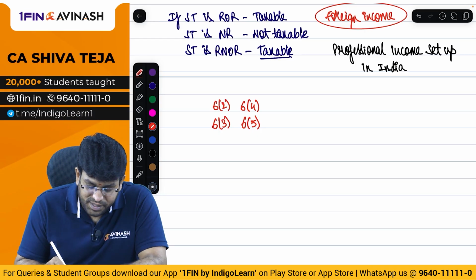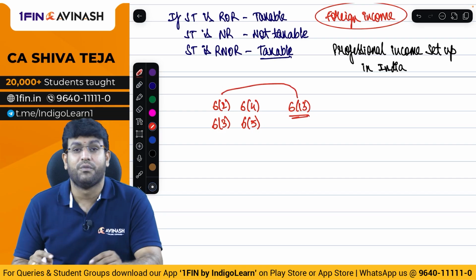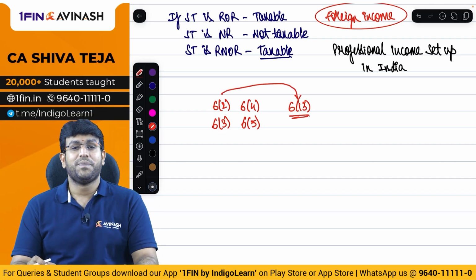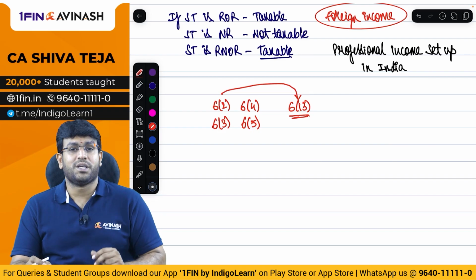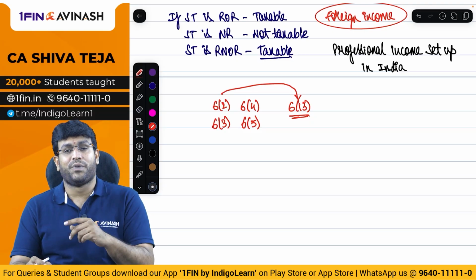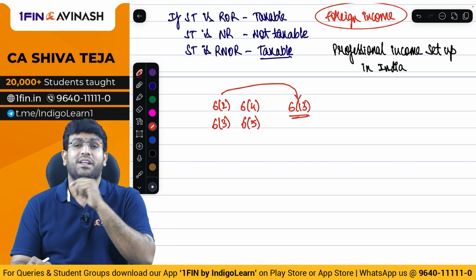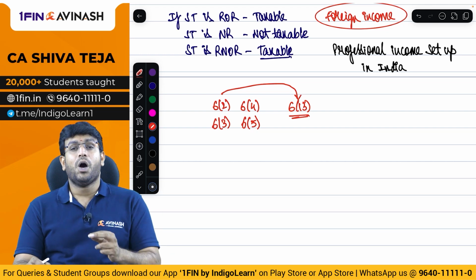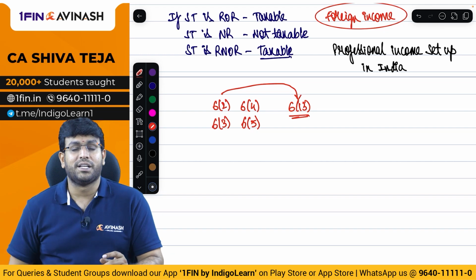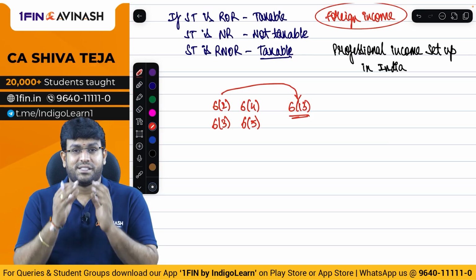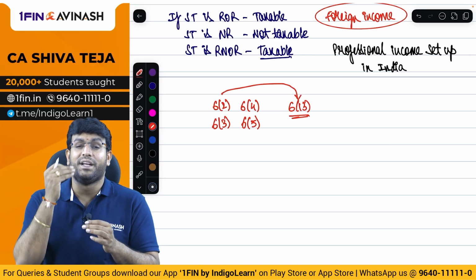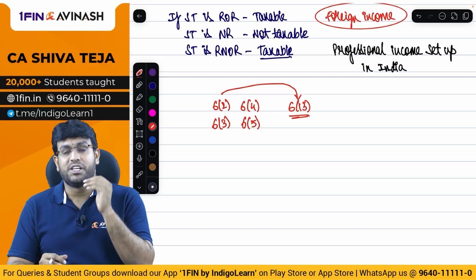And apart from that, we have discussed something known as 6.13, where we clearly discuss the concept of additional conditions. Additional conditions, there are two conditions. Both the conditions are satisfied. We'll treat the person as what, my dear friends? Individual will be treated as resident and ordinarily resident. And if any one or none of the conditions are satisfied, he will be treated as resident but not ordinarily resident. And what are the additional conditions?